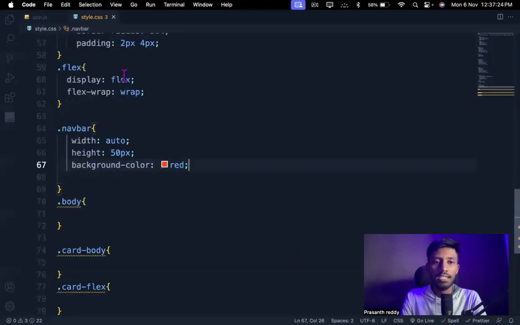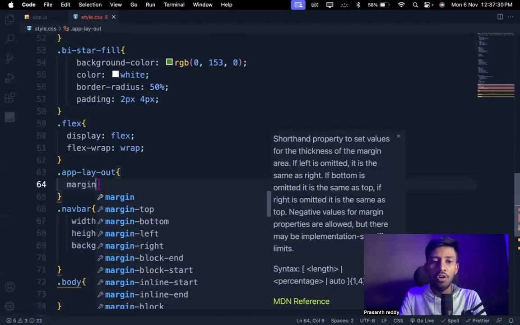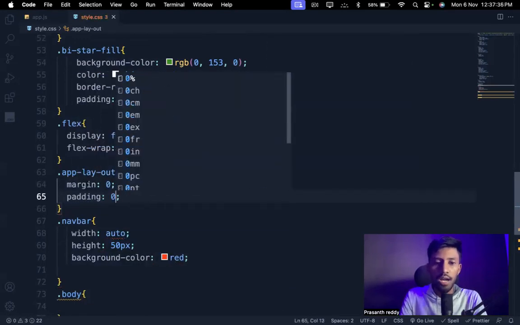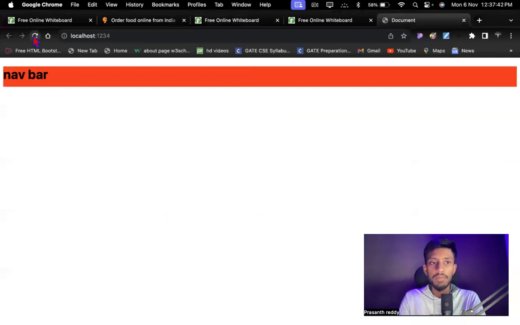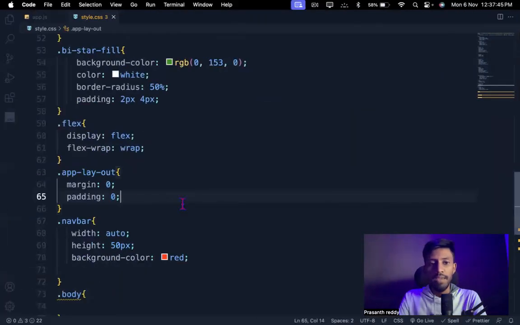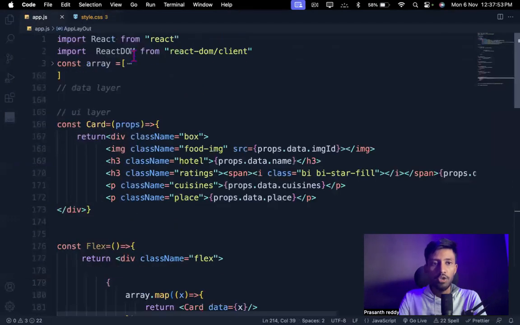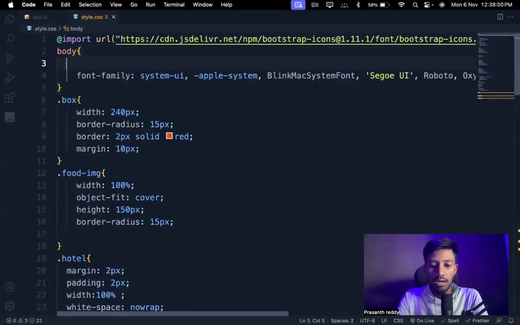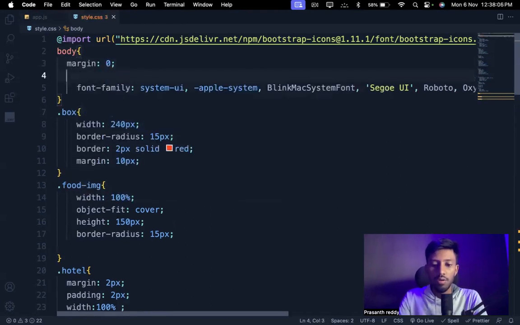Let's go and paste it inside the style.css. This is at the very top. Let's say margin 0, padding also 0. Done. Cool. Isn't it cool? Amazing. Now if you go and check it out here, let me refresh the page. Maybe we need to say margin 0, padding 0 for the app layout. I made a mistake over here. So let's see this body. We have this body over here. For this body also, let's say margin 0, padding 0.